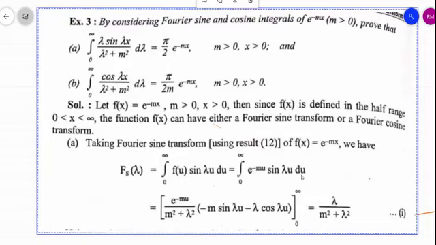These are the limit of u, because we are taking integration with respect to u. So upper limit u equal to infinity. So if we substitute u equal to infinity, e raised to minus infinity means 0. So this term will be 0, whole term will be 0. After that, if you put u equal to 0 here and here in this bracket also. So we know sin 0 into lambda means 0, sin 0 is 0, this term will be vanished.